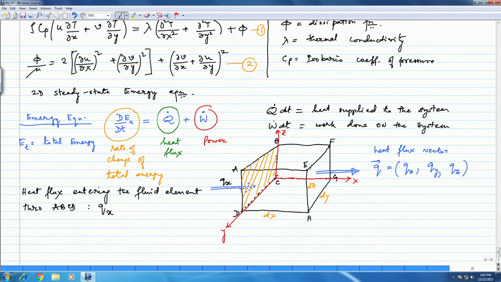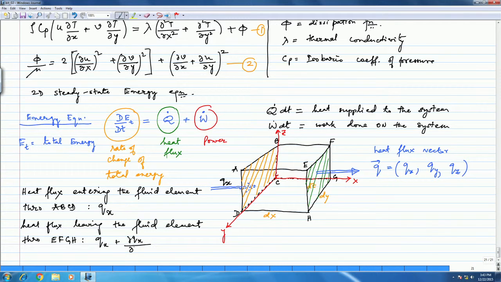So heat flux leaving the fluid element through EFGH is Qx plus the rate at which it changes along x, into the total length traveled in the x direction, which is dx,